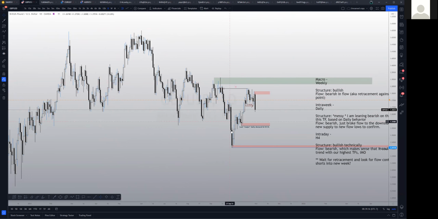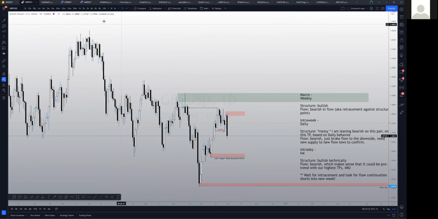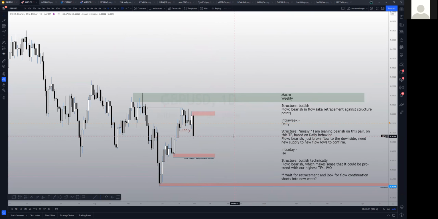Now, this big push to the downside was important because this gave us a big leg on down. Naturally, we understand that if price pushes down, at some point we've got to get a pullback and grab some new orders. Price comes in, grabs those orders. Now we're getting a transition. I love the idea of GBPUSD bearish plays coming into this new week. I just needed it to set up right, and it looks like it is. I'm getting a daily break of flow. My lower time frames are transitioning as well.